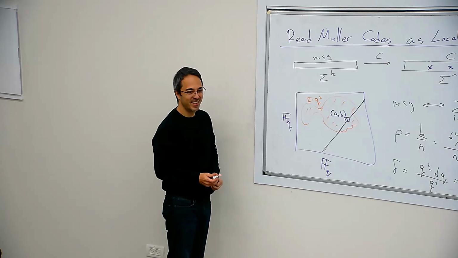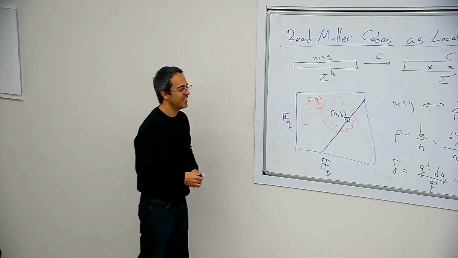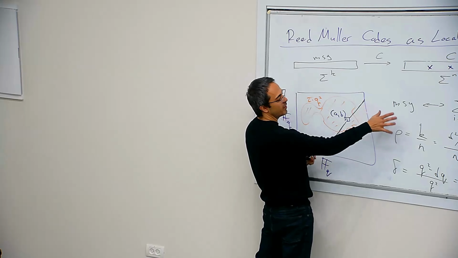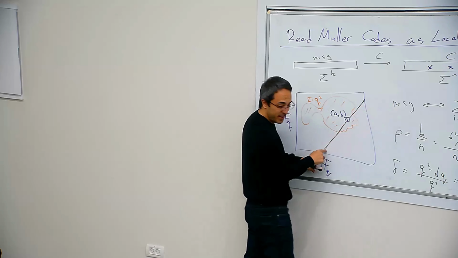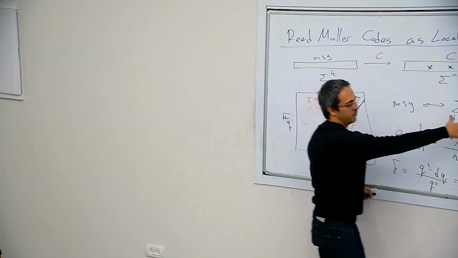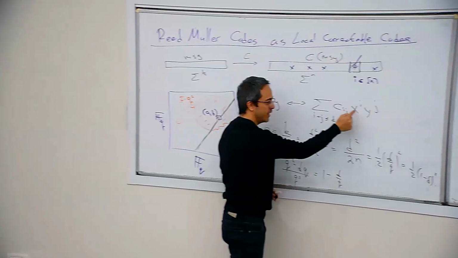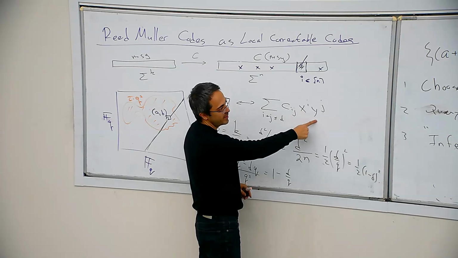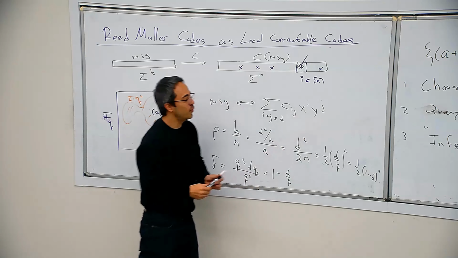So just take random D plus one points. What happens when you take the polynomial that you got and restrict it to the line? You have this polynomial here, and you literally restrict it to the line. Instead of x, you write a plus rt, and instead of y, you write b plus st. What kind of polynomial do you get?